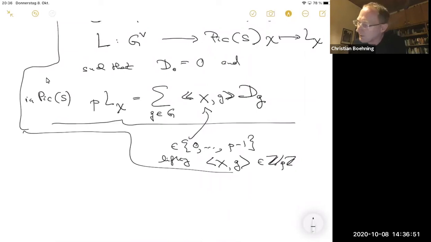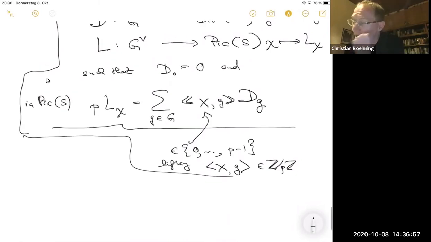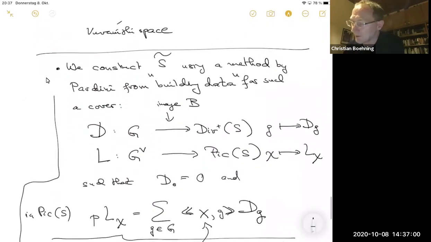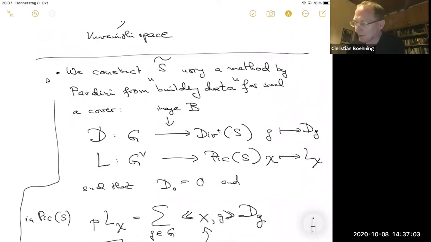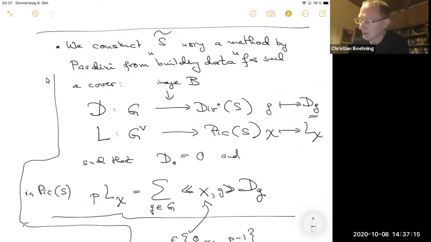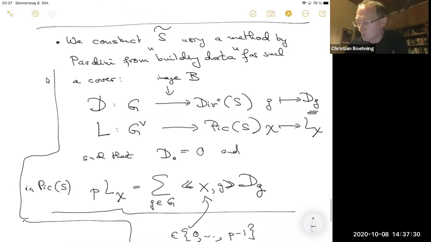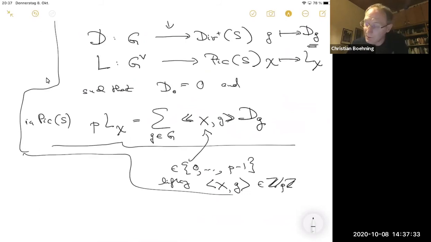And so you also want that, for the cover to be smooth, whenever two non-zero DGs intersect in a point, then the corresponding labels, these G's, are linearly dependent over Z_p in the group. So that ensures smoothness, and you also want that the G's generate. So the G's that occur as labels for non-zero DGs generate the whole group G. So this ensures that the cover is totally ramified.